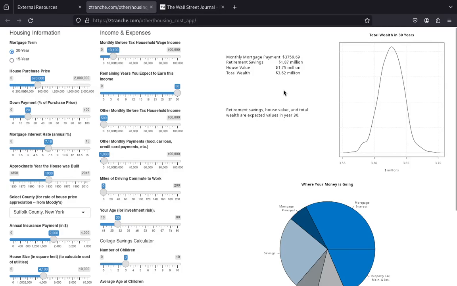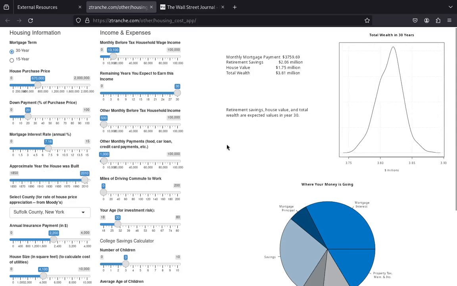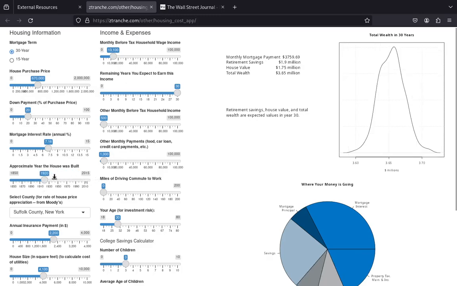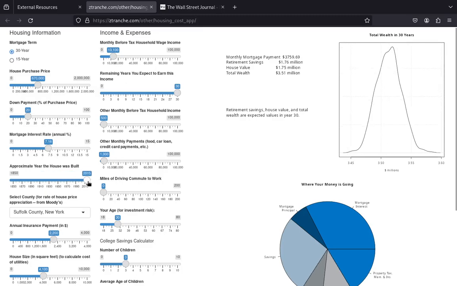So if it's a 1930s house, you're going to have more maintenance costs, right? If it's a newer house, right, 1.87 to 2.06 million. So not a massive difference, but the newer the house, the less you're going to have in maintenance, right? The older the house, the more you have to sit there and say, okay, well, I'm going to budget that for maintenance. And again, from 1920s to 2015,